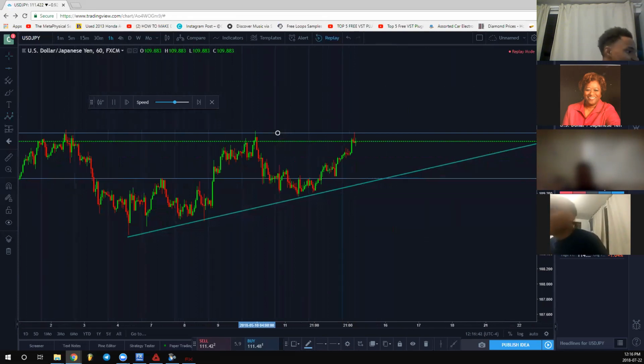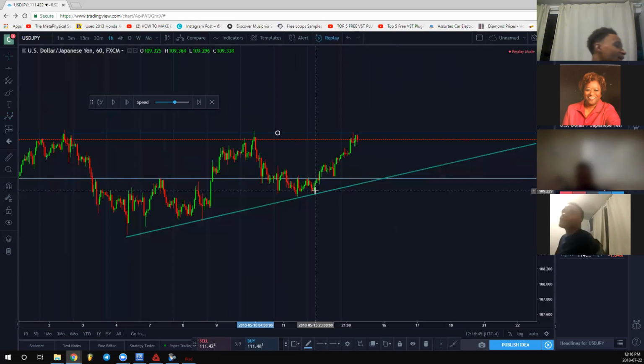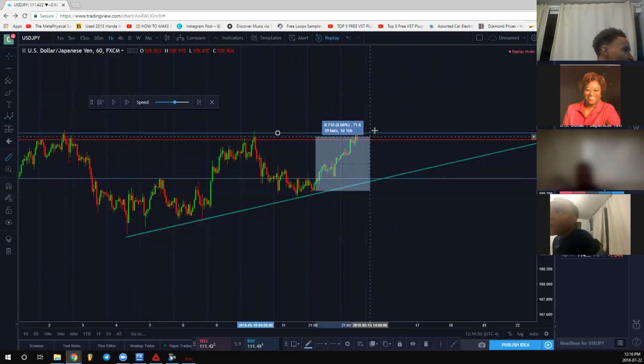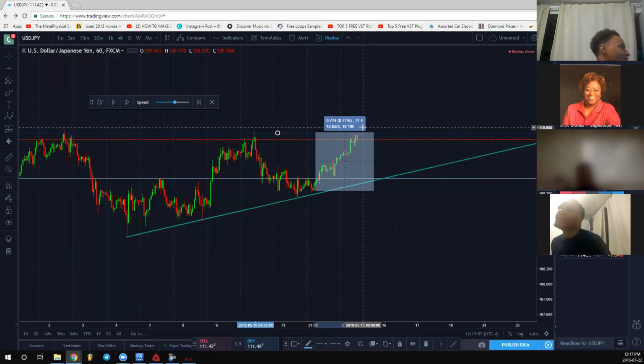Now, remember what I said that could have been a potential buy? With TradingView, you press shift and you click once. Now you're able to draw how many pips. So that move from the moment you could have entered in this first hour to 1, 2, 3 over the course of 42. So basically, it would have been a 2-day trade. You would have caught 77 pips,